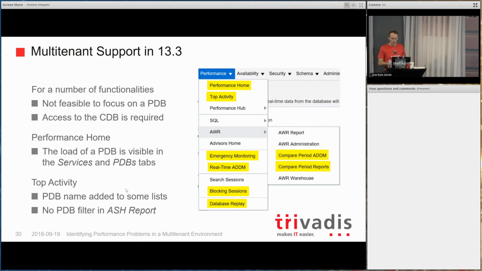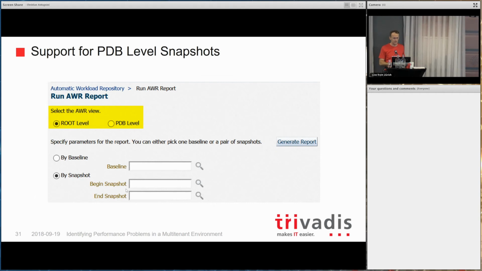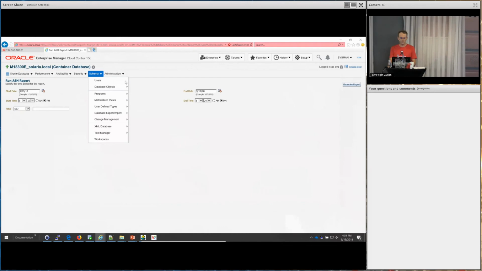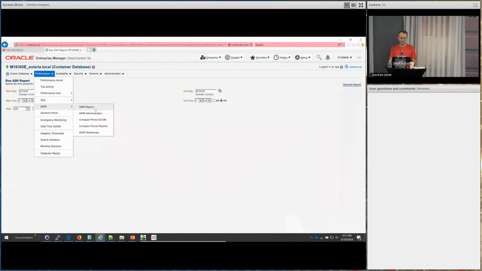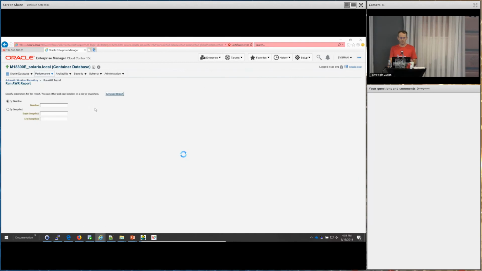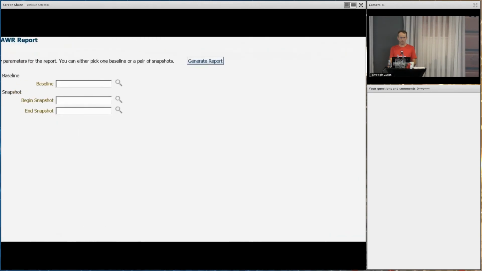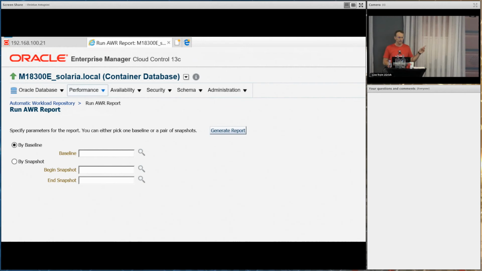Something that was improved in the recent release is the support of root level and PDB level snapshots. If we go back here, in the AWR part, and say, okay, I want to have an AWR report, in this case I'm connected to the container database, as you can see at the top. I don't get the choice of PDB or root level reports. But if I choose one specific PDB,